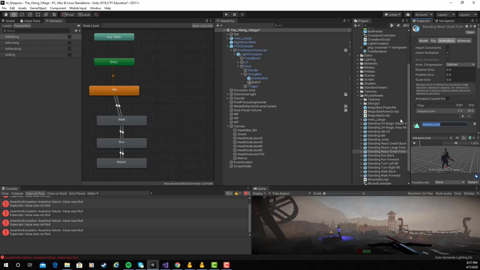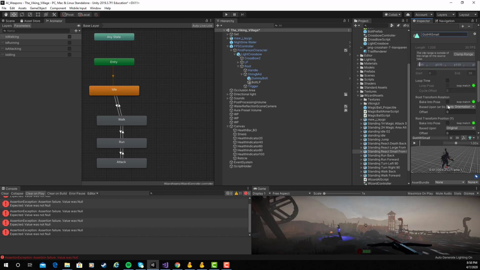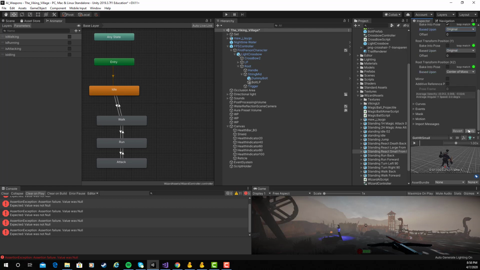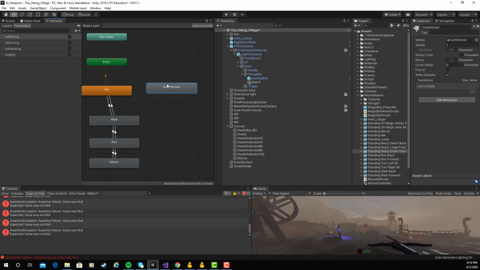Let's come in here and we'll call this got hit small because it's just a small one. Let's go ahead, not loop it because we don't want it to loop indefinitely, but let's bake into the pose its rotation so that it actually is facing like all the rest of them as we go. So to get all of this applied, we need to bring this into the scene or into our animator. So I'm going to drag got hit small